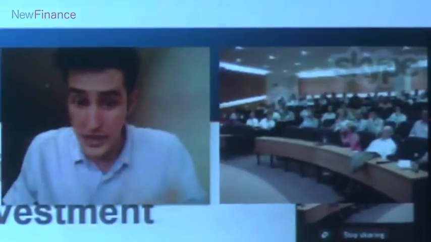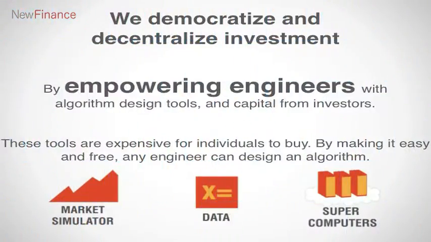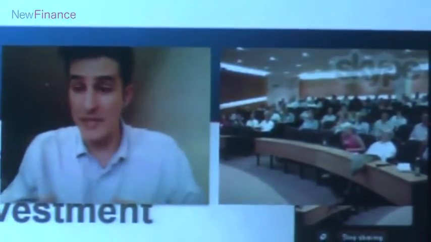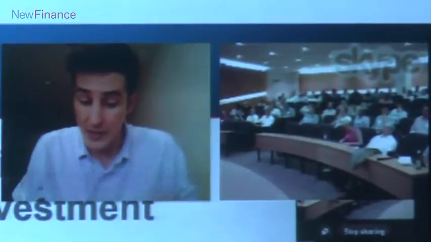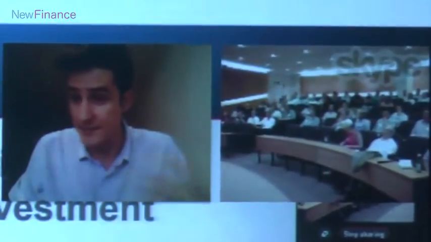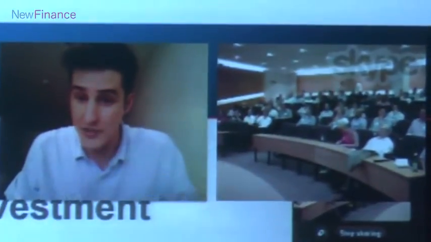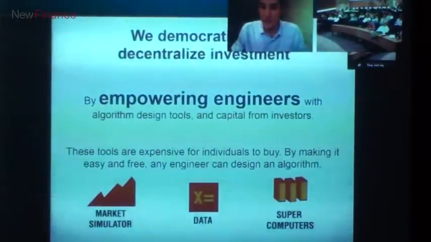So that's sort of the background. And what we initially wanted to do with QuantConnect was to try and democratize this technology, try and make algorithmic investment technology available to any engineer, so that any engineer that knows how to code can use our tools and data and access capital from investors to design these strategies. And at the moment, if you try and buy this data, it's very expensive. And the computation and the processing power that you need is very high as well. So there's quite high barriers to entry that stop people getting involved.